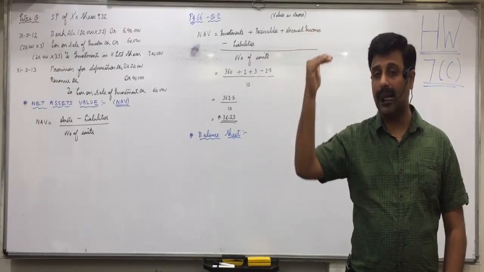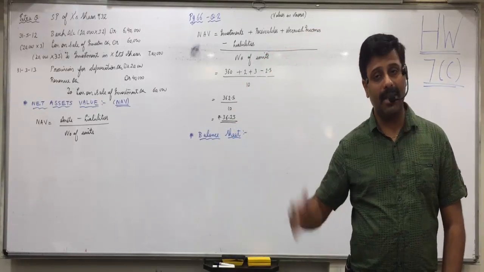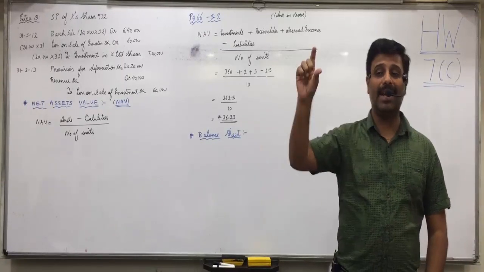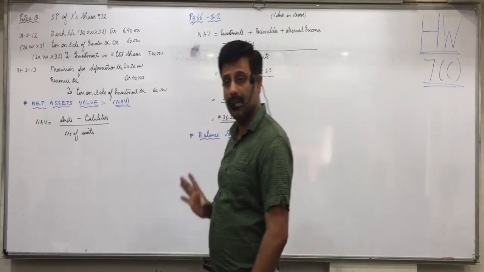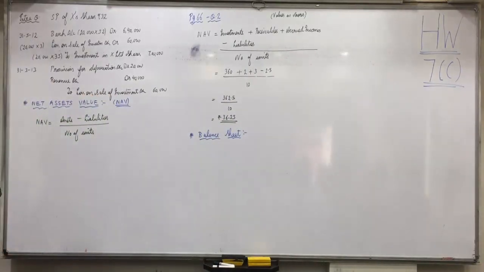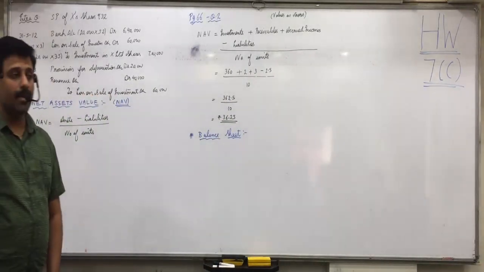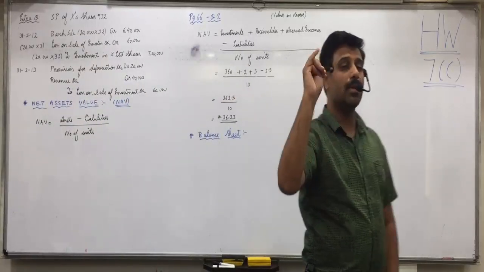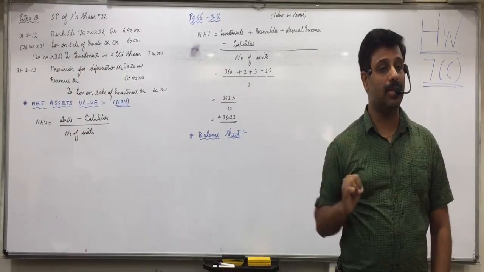After non-current liabilities, we have current liabilities. So here the fourth item will be current liabilities and provisions. We'll show current liabilities separately and provisions separately. So four things will come on the liability side. First, unit capital. Second, reserves and surplus. Third, loans and borrowings. Fourth, current liabilities and provisions.